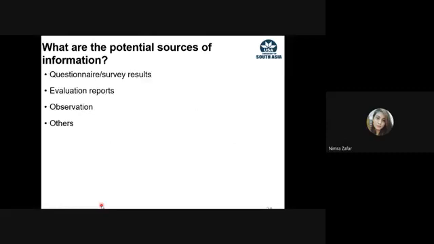Then, what are the potential sources of information? Questionnaires, survey results, evaluation reports, observations, and